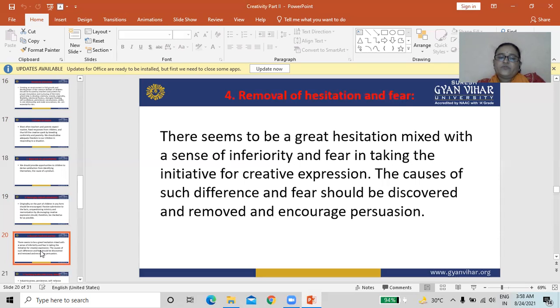The cause of such hesitation and fear should be discovered and removed, and encouraging persuasions should be given.